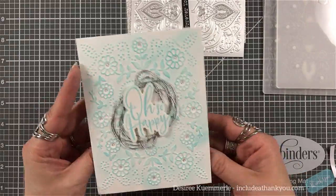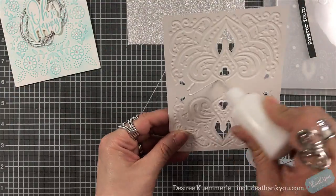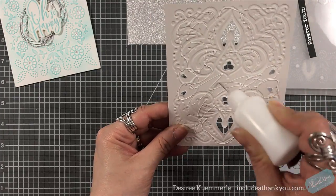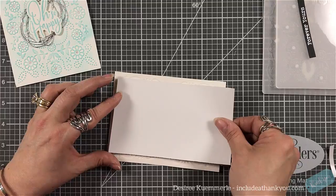And as you can see, the entire panel does cover the front of my card base. So these are cut to 4 1/4 by 5 1/2. I'm going to do the same thing with the metallic front card panel that I've done. I'm just going to put liquid glue on the back so that I can put a sheet of my glitter cardstock